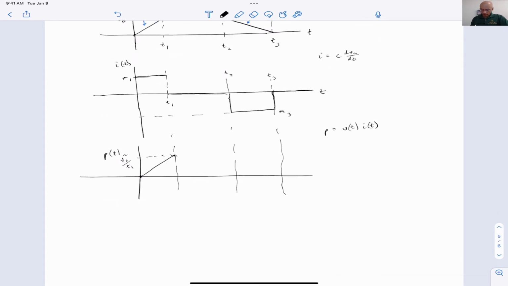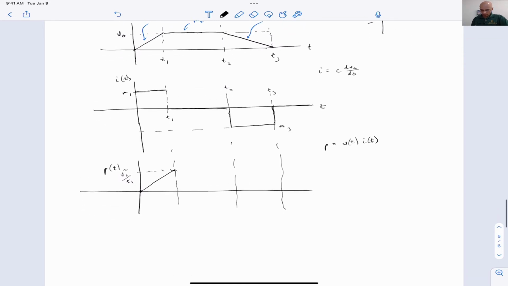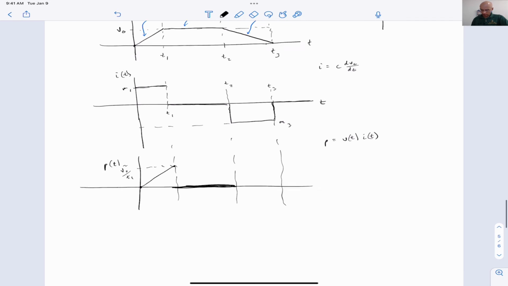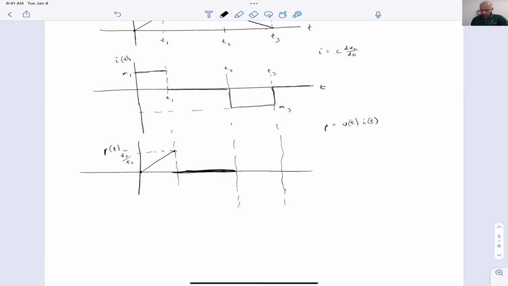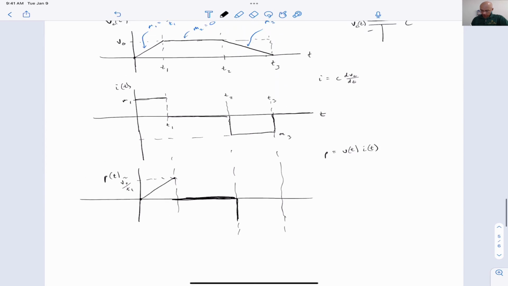And then over the next segment, it's 0 because current's 0. And then at the next segment, it's going to start negative, and then it's going to go to 0 at time t3. What's the maximum negative value? Well, we take